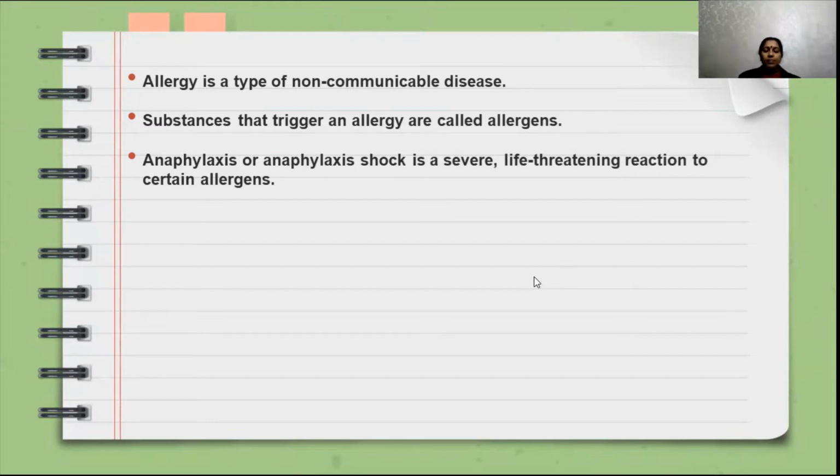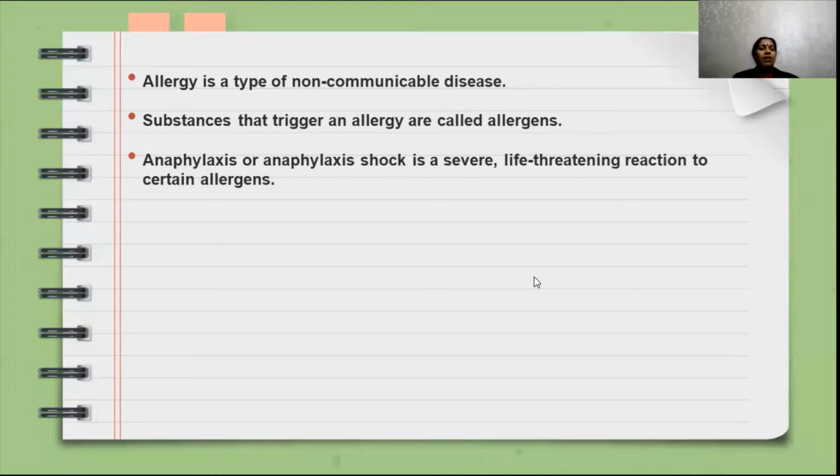For example, people who are allergic to rose flowers are actually allergic to the tiny pollens present in the flower. Along with pollens, dust, strong sunlight, particular food items and certain cosmetics are also examples of allergens. And next is